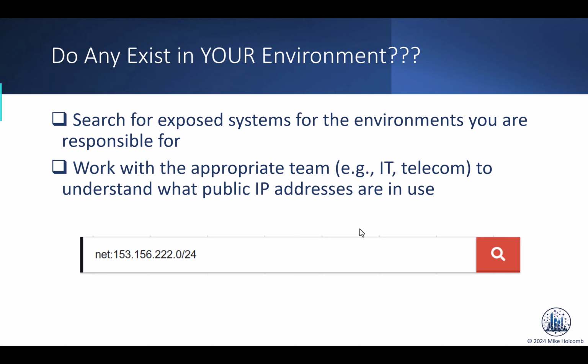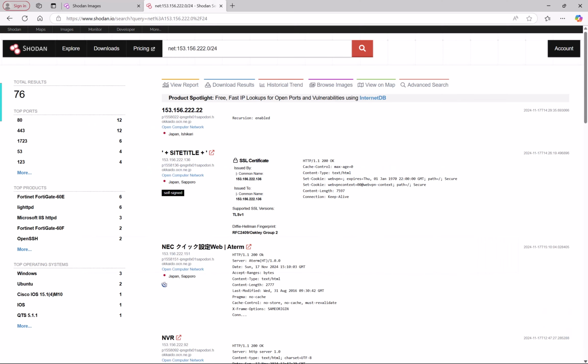So I can say, show me all of the results in the subnet 153.156.222.0. There are up to 254 possible hosts there, and that's just for my organization. Again, I'm not worried about billions and billions of potential hosts on the internet. I'm just worried about my 254 potential IP addresses. Do I have any exposures there or not? Or again, maybe this is one of my clients. So if we jump back over to Shodan,